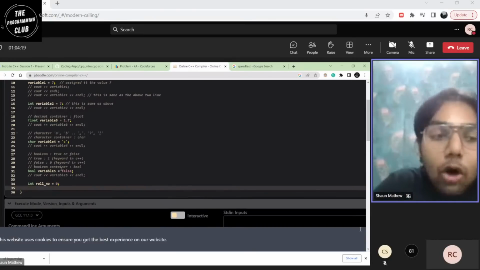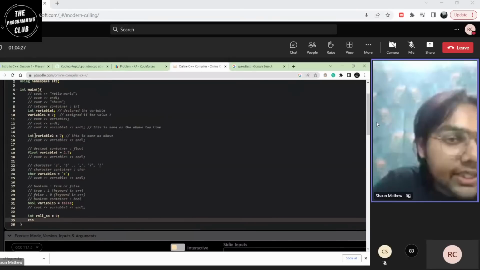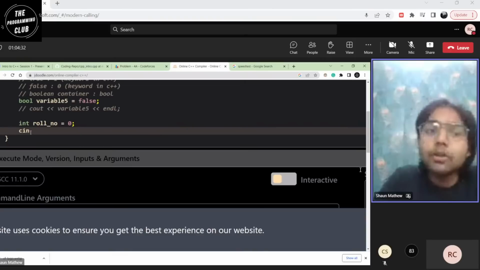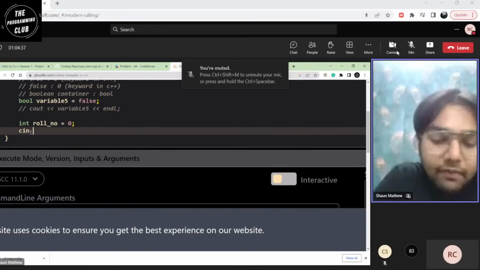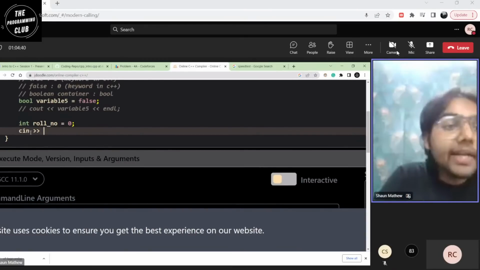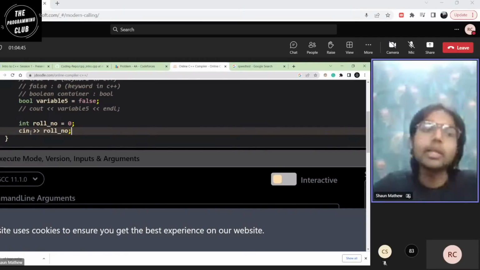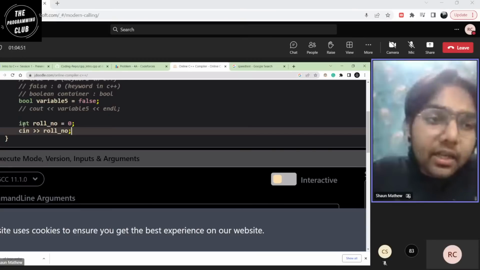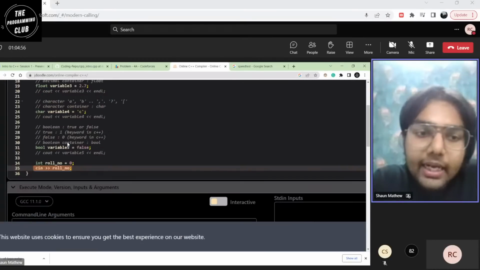Now, how do we take an input from the user? We take an input from the user by using the keyword cin. Here it was cout, and for taking input, it is cin. Now it is exactly the opposite of cout. For cout, we use the left angular brackets. For cin, we'll be using the right angular brackets, and we'll be taking in the input inside the variable called rollnumber. That is all. There is no endl or anything here, because you're not outputting anything. You are taking an input. So you have an int rollnumber, you take an input into the rollnumber, and that's how you proceed.